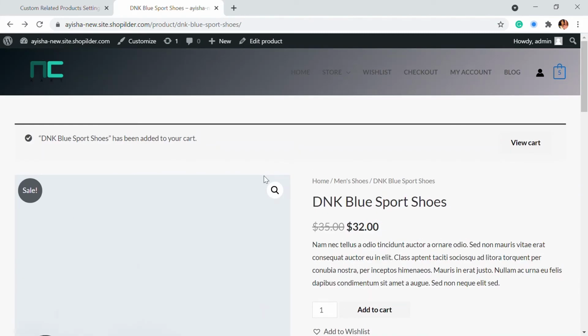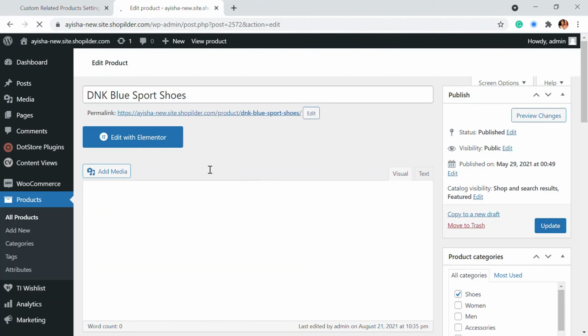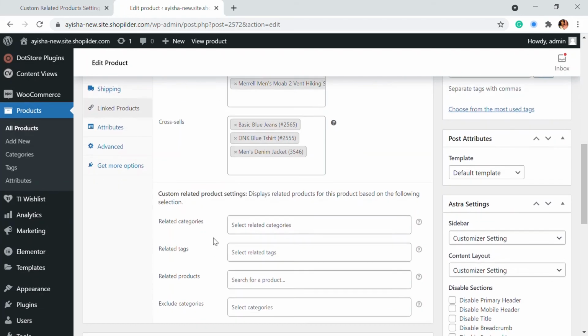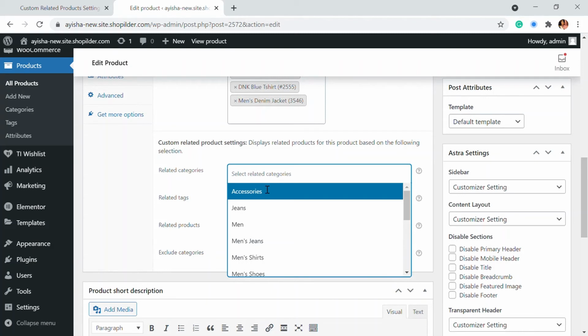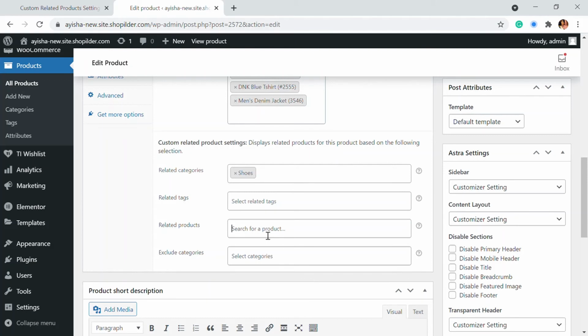This is one way that you can add related products by custom. If you edit the product right here, you will be able to go to the linked products, where you can customly add the related category. For this product, I think I'll add shoes. You can add tags, categories, or you can add products directly.